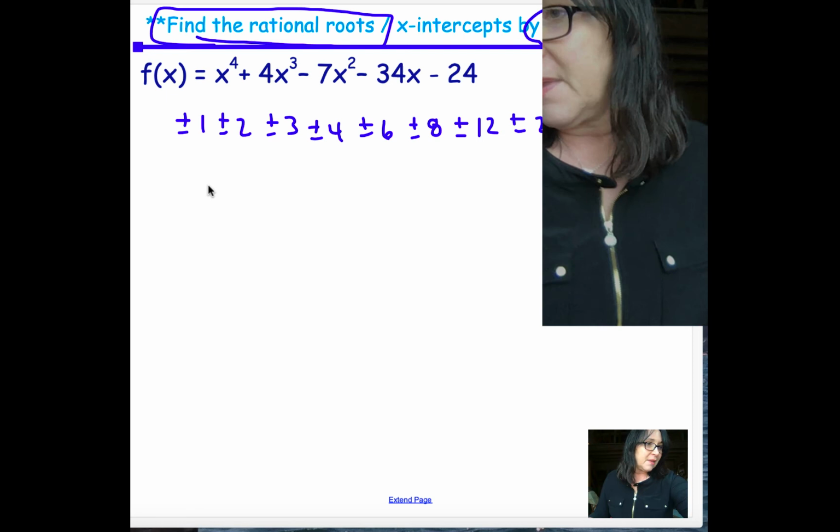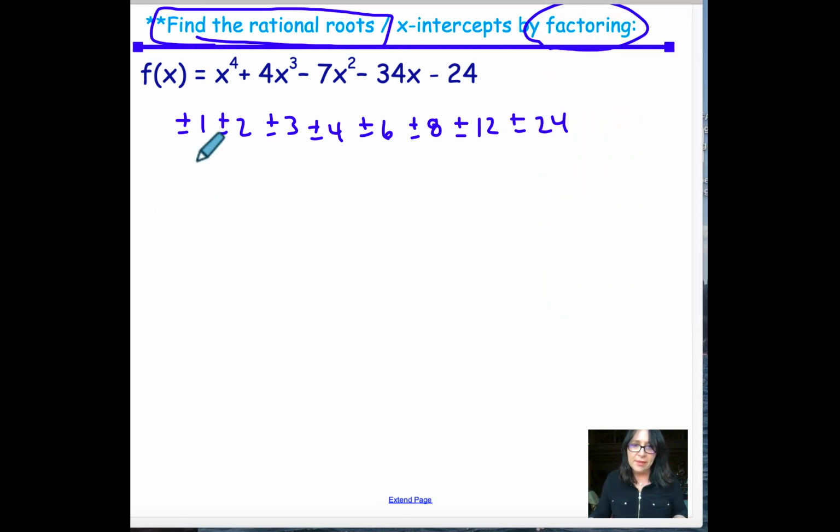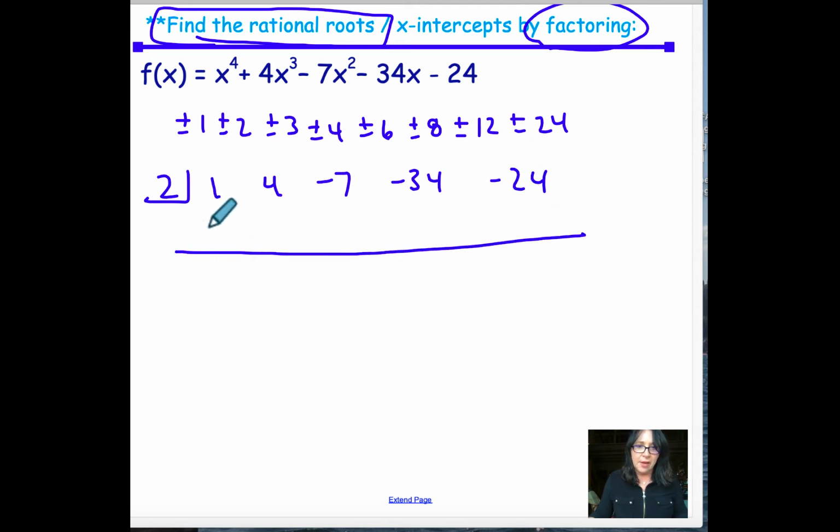Oh boy. Okay, so in doing that, to find these values, I always like to start with 2, but 3, 2, 1, 0. Okay, we're good. So 1, 4, -7, -34, and then -24. Okay, so this makes 1. We have 2, add down 6, multiply across, that's 12. I get 5, I get 10,